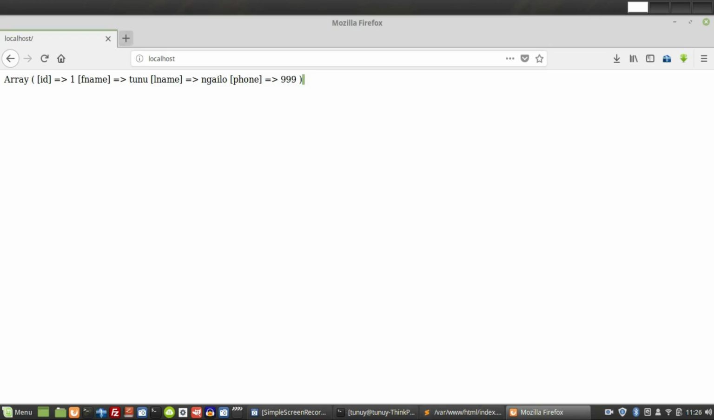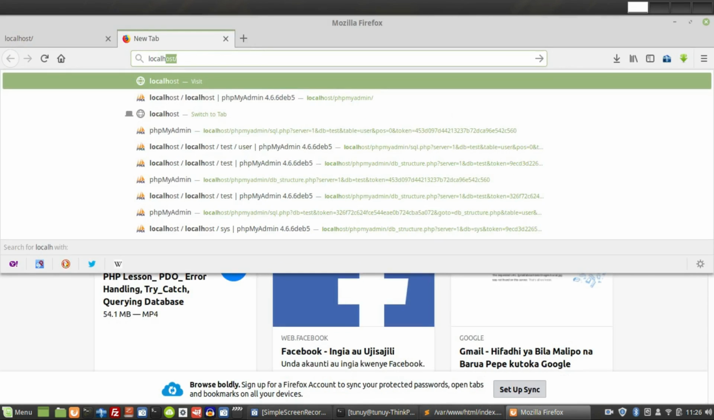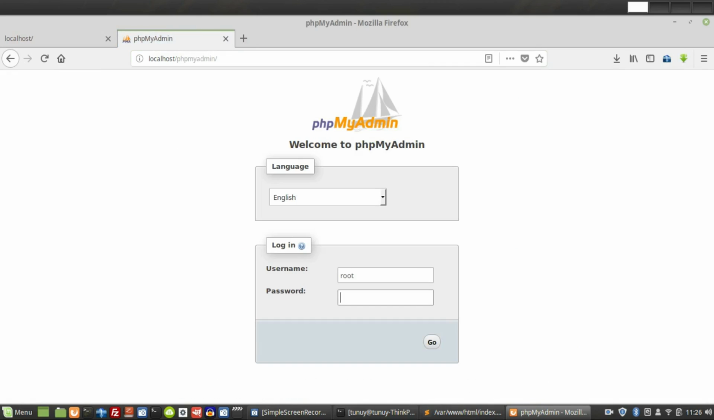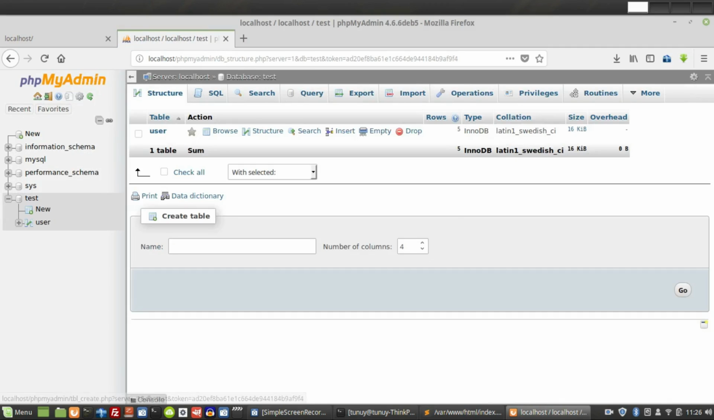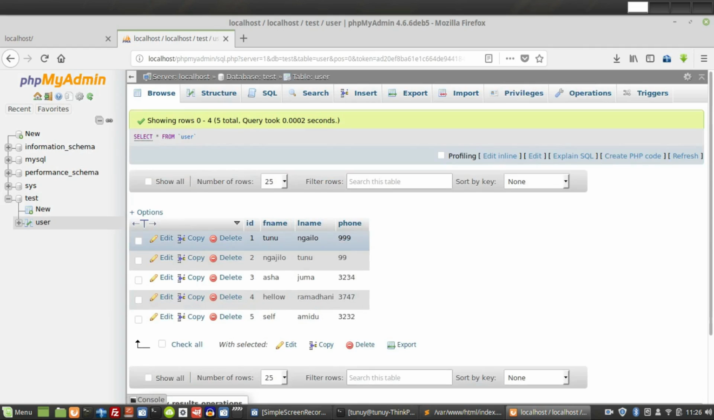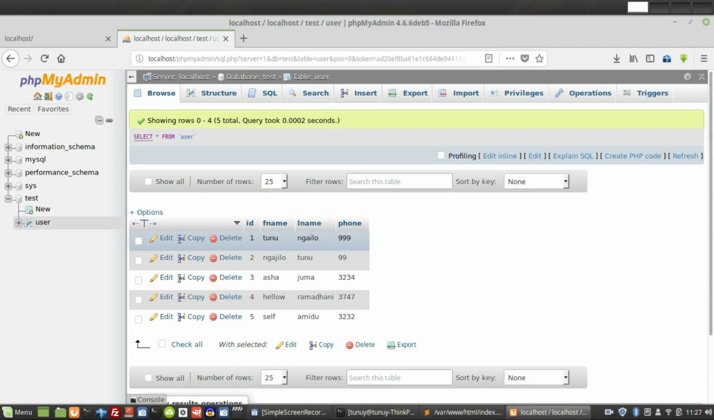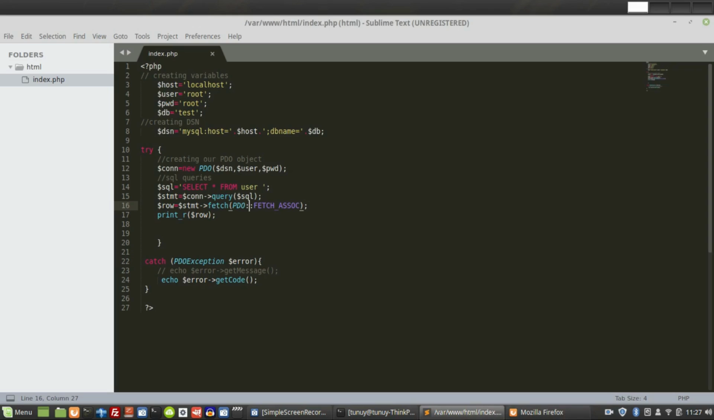Where is our database? Let me show you. Localhost, PHP memory, root. Here we have our table. Our table has 5 rows, but here we are only getting the first top row. It's because we only execute our query once. If you want to get all the data from our table, we need to put this query inside a